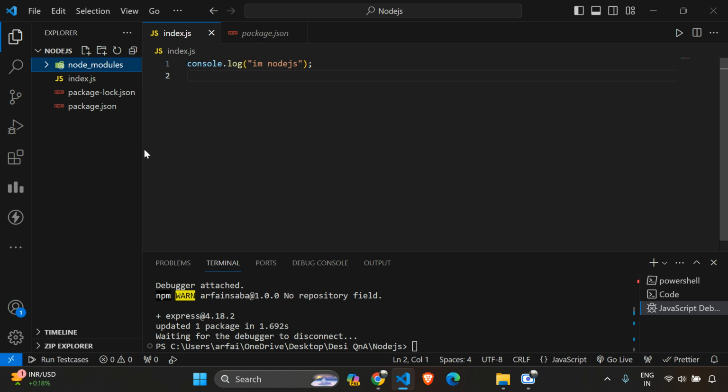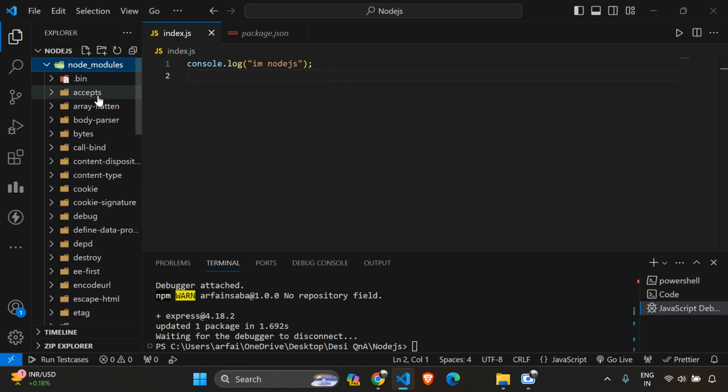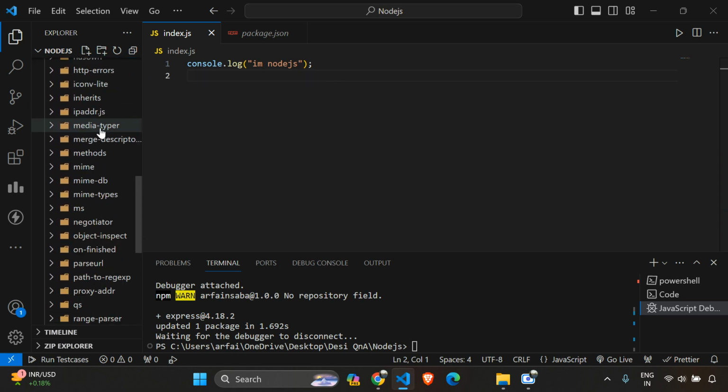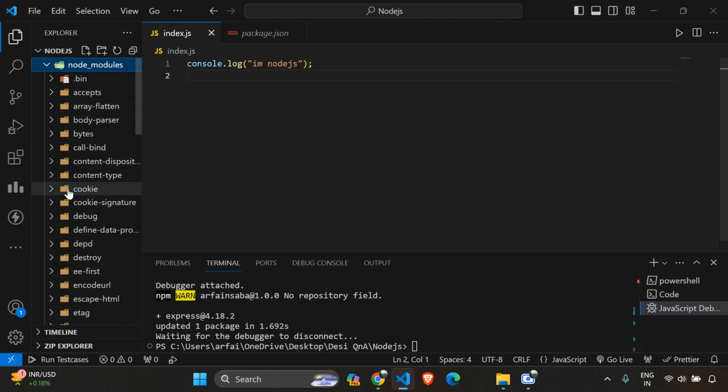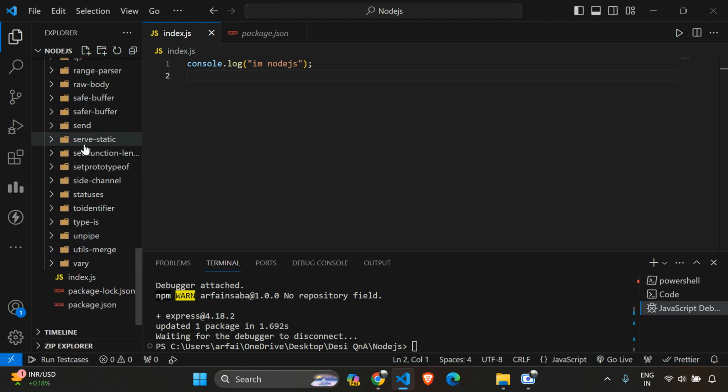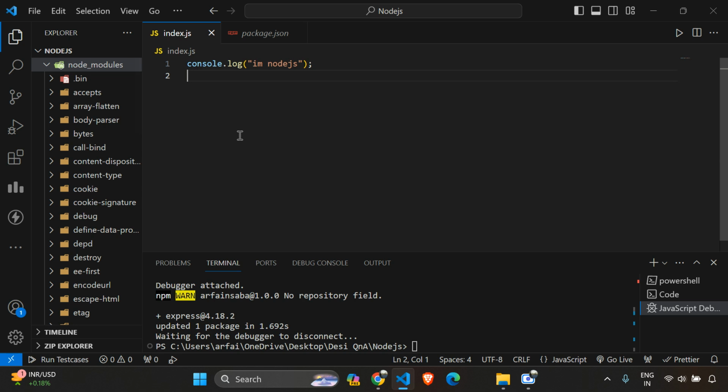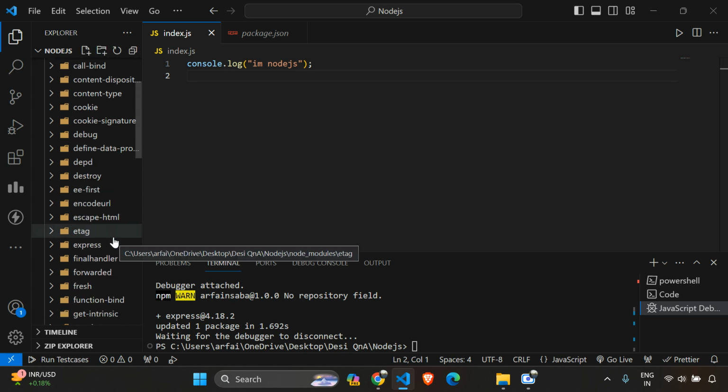And when we push our code to GitHub, we actually don't add this node modules. Why? You can see how many files are there over here. We have not built anything into this project, but yet we have so many files. Just imagine if I keep adding stuff into this project, how many files will be built.